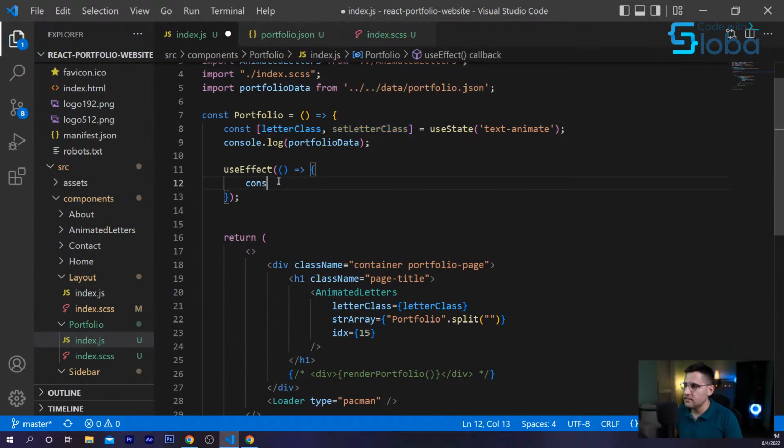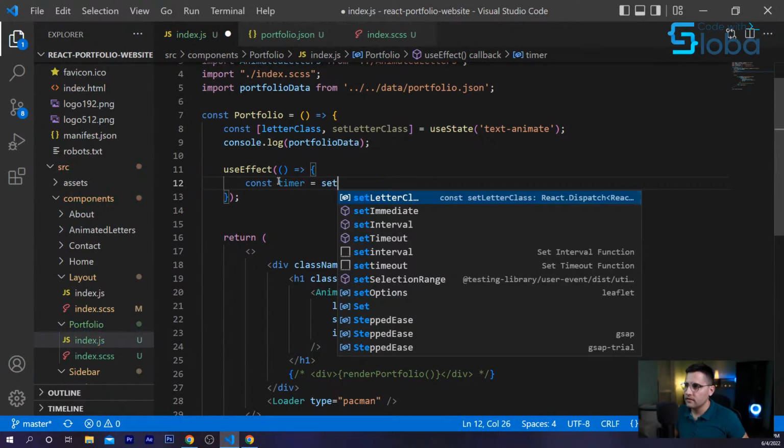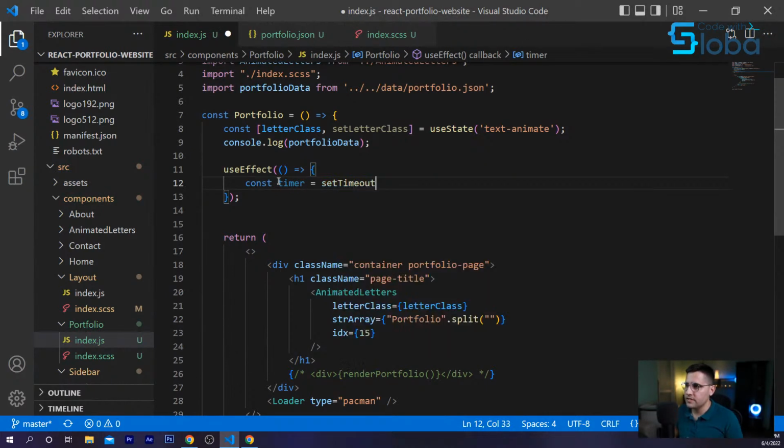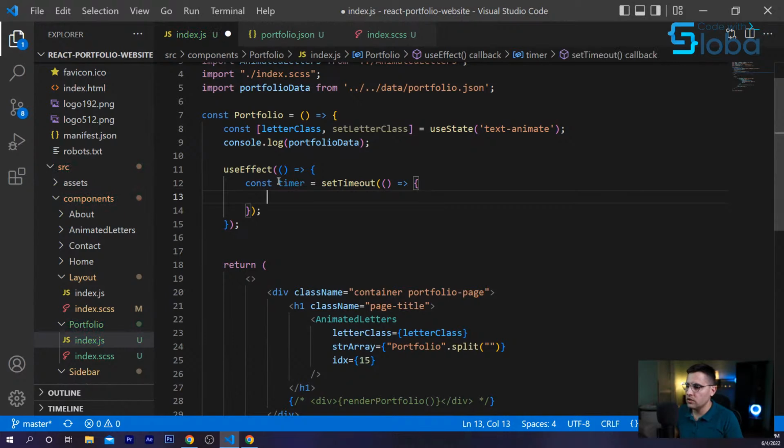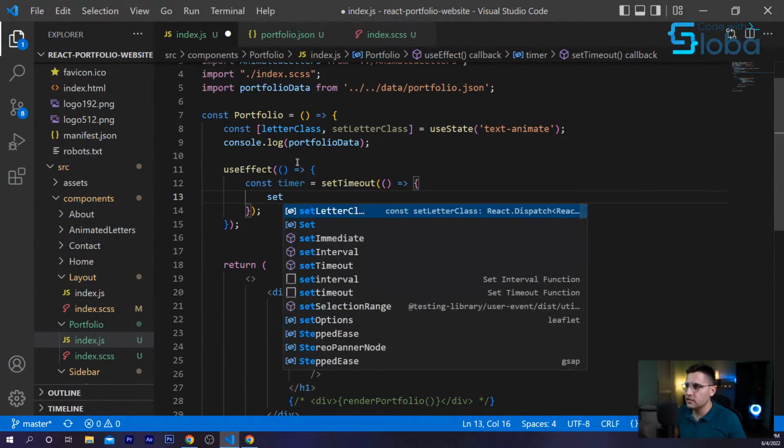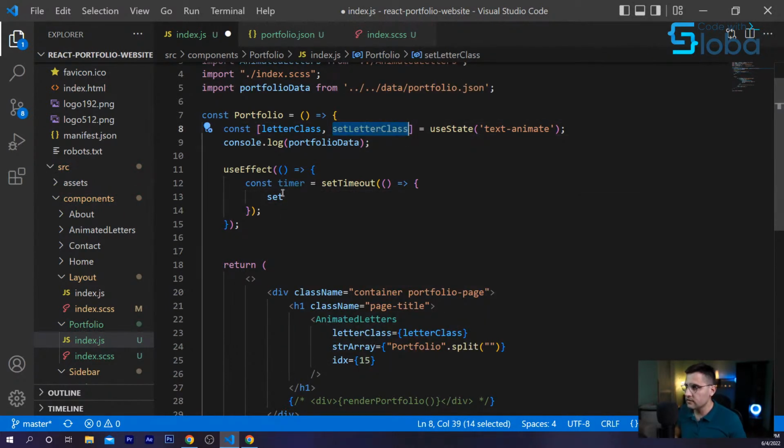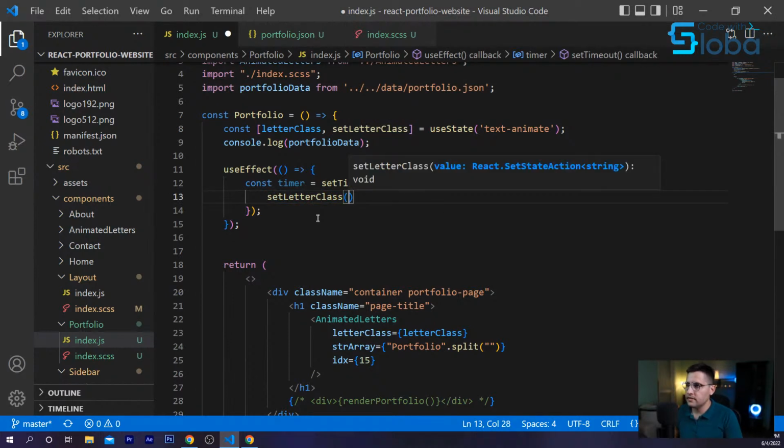That's it. So let's create a const timer, and it's going to receive the setTimeout output. Here inside of the timeout, the only thing that we want to do is to call the setLetterClass and apply the hover effect animation. So the class is called text-animate-hover.